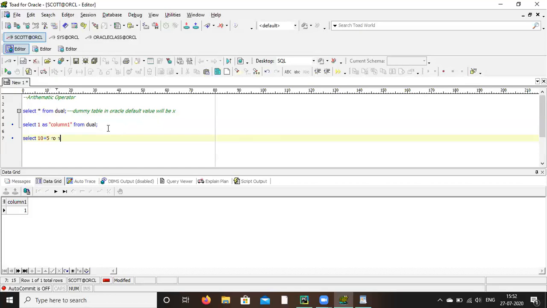If you want to give some column name, you can give the column name as sum or as result, from dual. Semicolon, control enter. Like that, all the arithmetic operations you can do: plus, minus, into, division. Just copy paste and do it once.